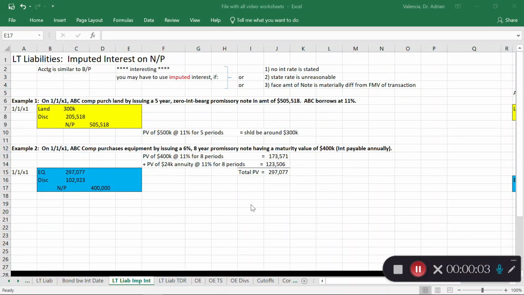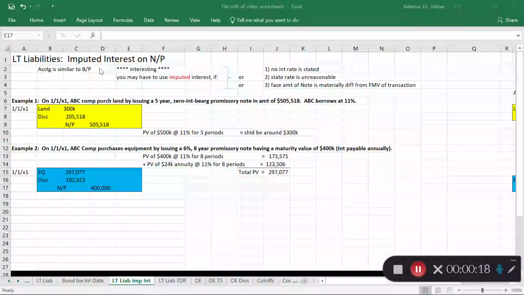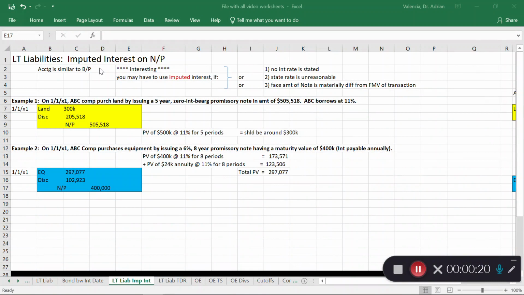In this video, I'm going to discuss the topic of imputed interest. Some of you may not understand what this relates to, but sometimes in accounting, even if an interest rate is not stated, or maybe somebody gets an interest rate that's below what they normally would get for their risk profile, we actually have to impute or add on interest to what the market rate should be. And the idea of imputed interest